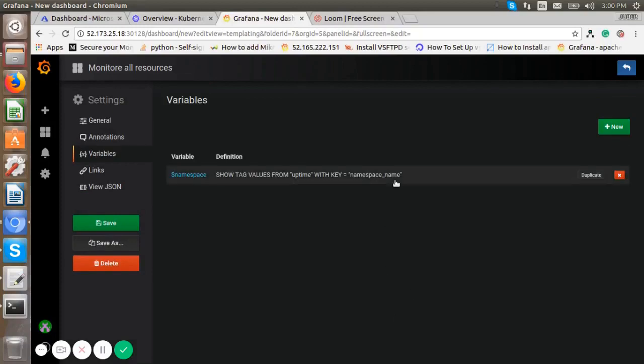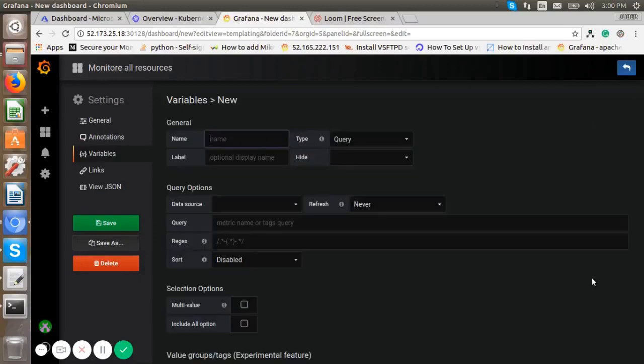Again we need to add one more variable for the pods. Type query, select the data source InfluxDB, refresh on dashboard load, and write the query like that.